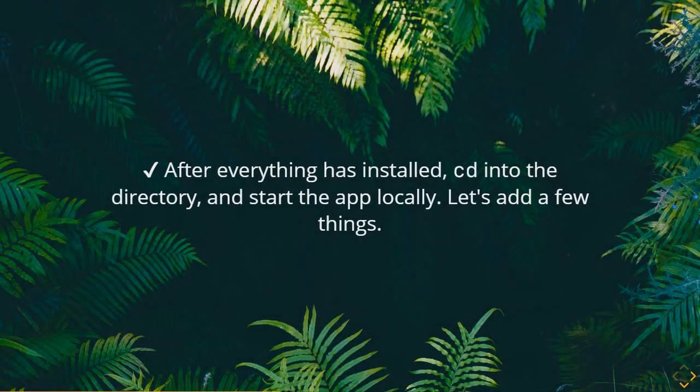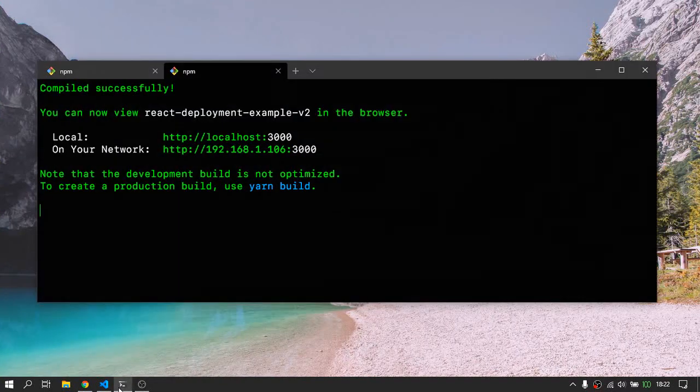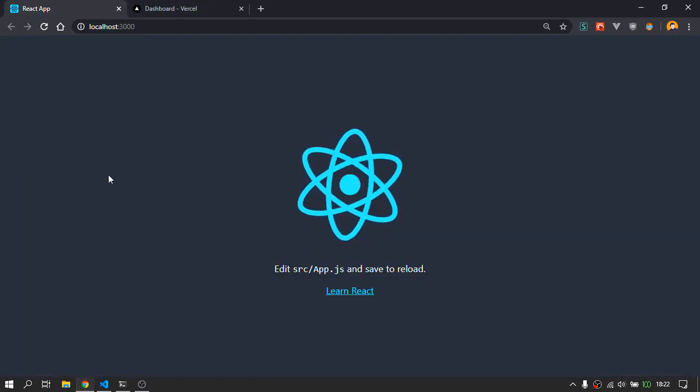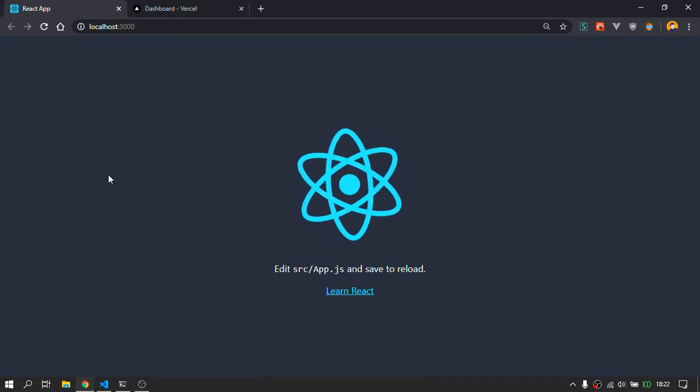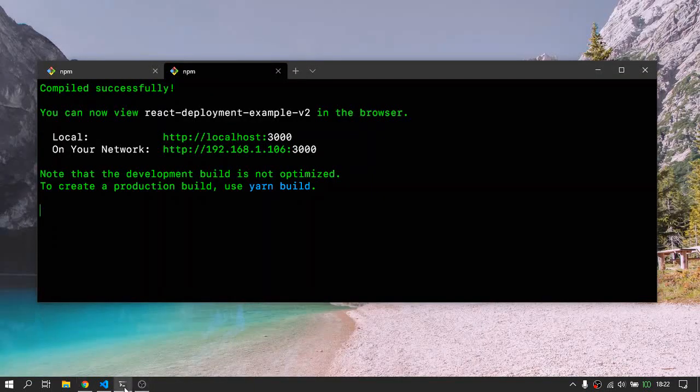After it has been done, you can go to the directory and start the app up locally by running npm start. You can see that I have already run npm start and it says it has compiled successfully, and I can view this in the browser at this URL. If I look at that, this is the boilerplate code which is given to us. I will be deploying this boilerplate site to Zite Now. I'm coming to that name later on.